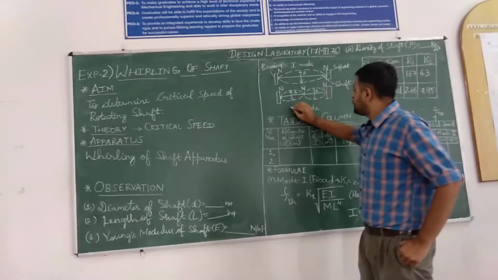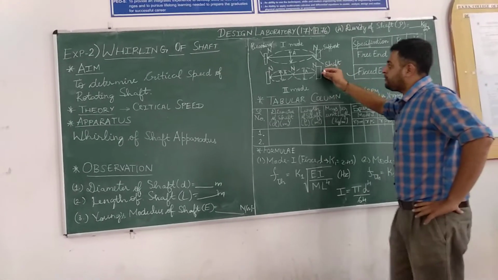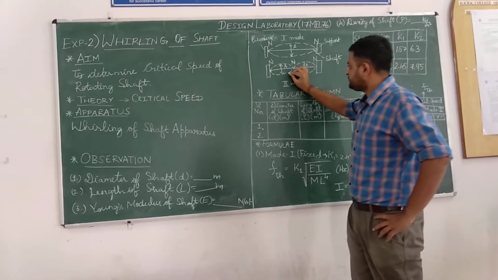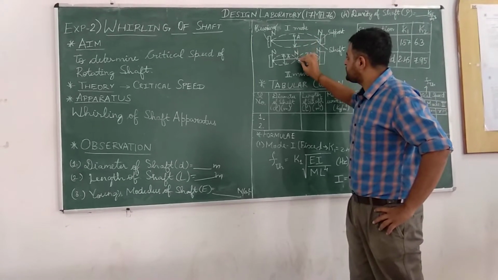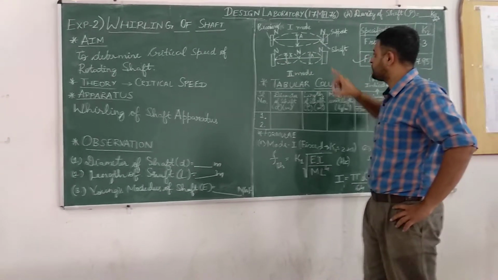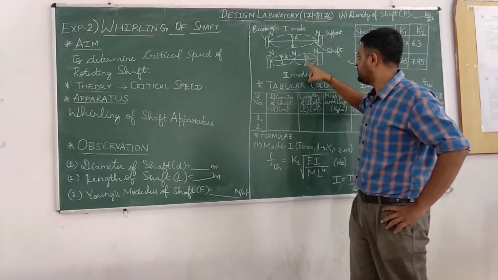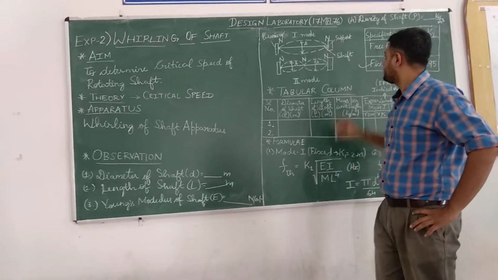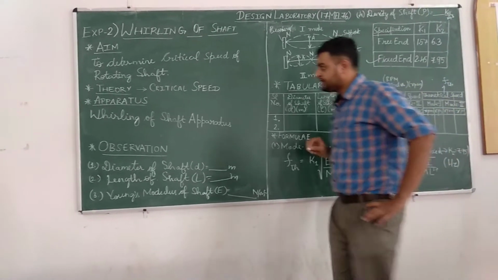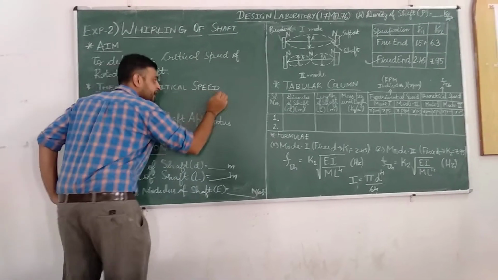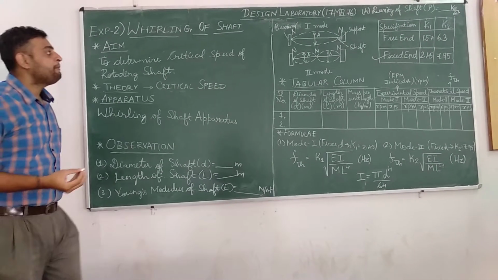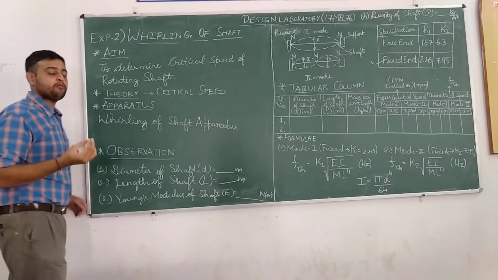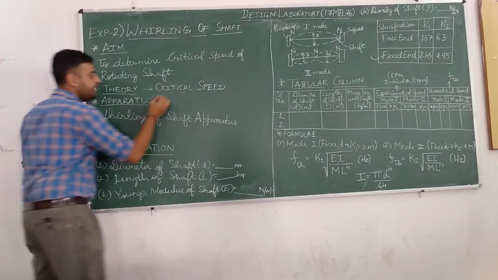As we increase the RPM of the motor, the shaft speed will also increase, and we get the second mode. In the second mode, at the center of the shaft there is a node, and at the ends there are also two nodes. So from the center, you have one antinode on the left and one on the right. The critical speed is the RPM at which maximum deflection can be seen in the shaft when it is supported at the ends.